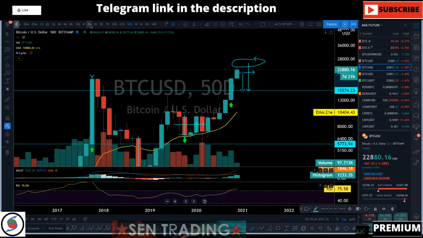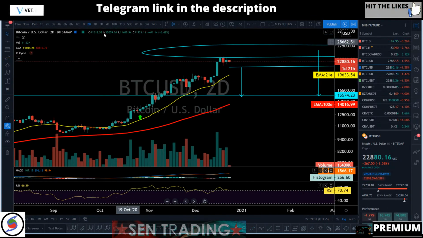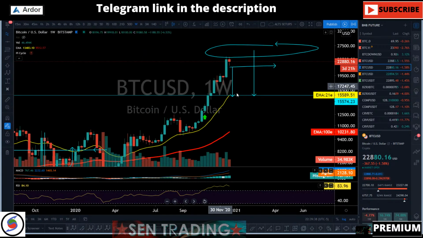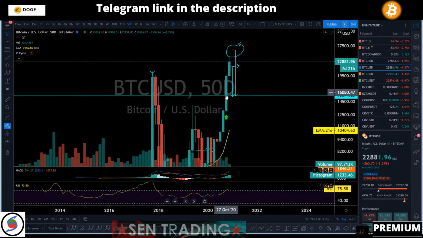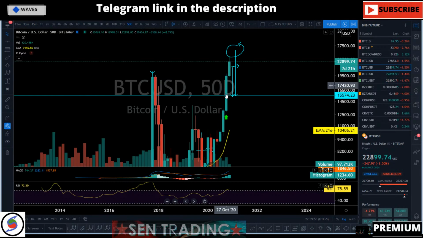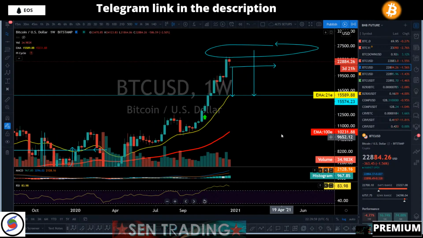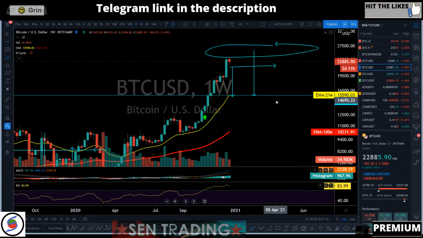And the same range, you take a look at it, it is just about right here, the same range. Not even on a weekly basis, but that's the weekly 21 EMA. If I zoom out on a 50-day cycle, if this area is the top, 50% of this candle, it doesn't matter where the top is, 50% of the 50-day candle is going to be the weekly 21 EMA as of now. And you don't expect weekly price action to hit the weekly 21 EMA on a dot. It's going to fluctuate, so it could be within a 3 to 5% range.